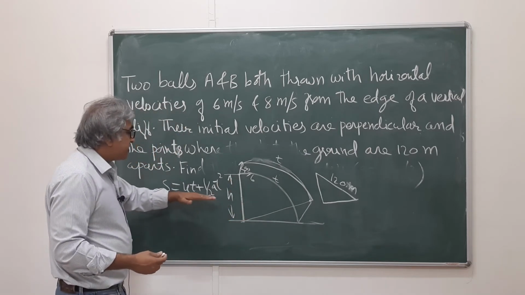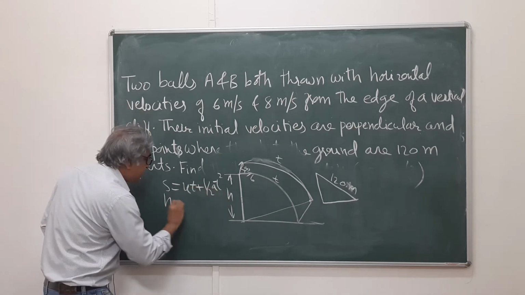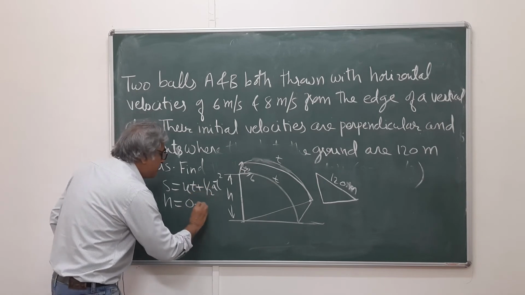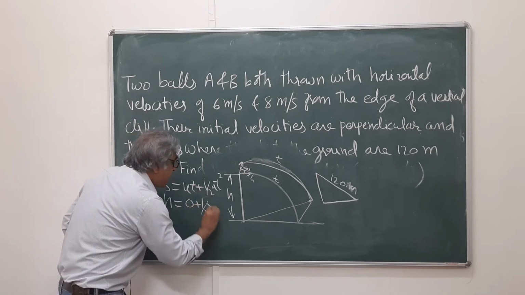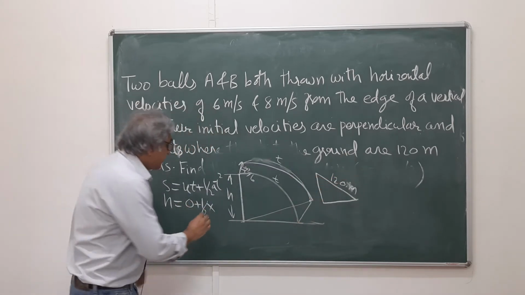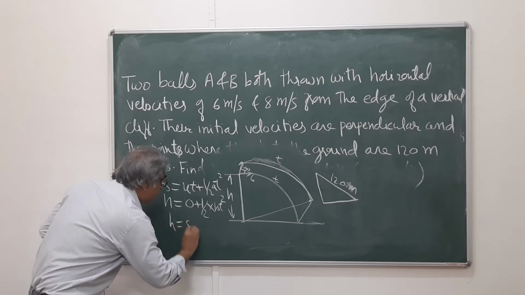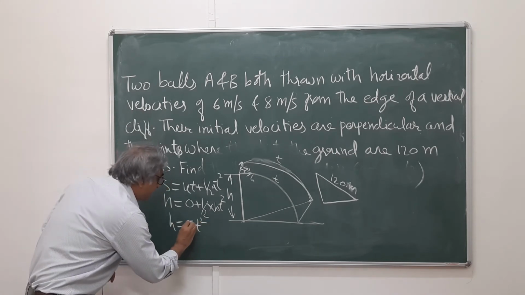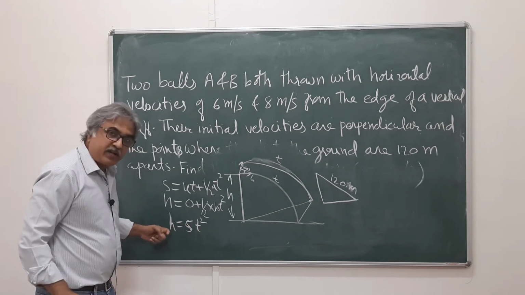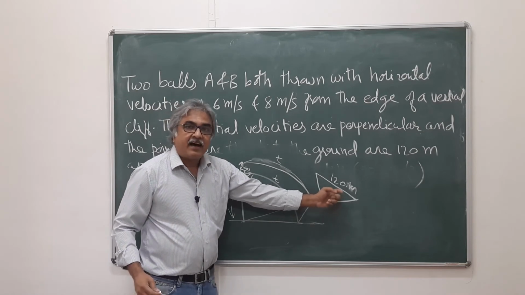So we can write the equation here for the vertical motion. Our s is h, and initial vertical velocity of both the balls is 0. So ut is 0 plus half acceleration, we were given 10 meters per second square, so it is 10 t square. So you have basically h is equal to 5t square. Now if we find out t, we can find out h, right? And to find out t, we have this relation.